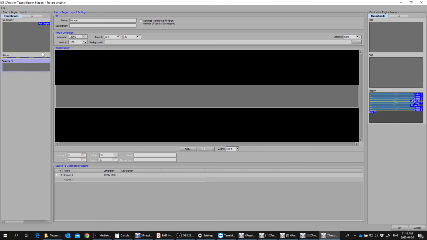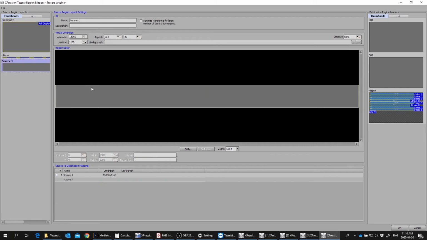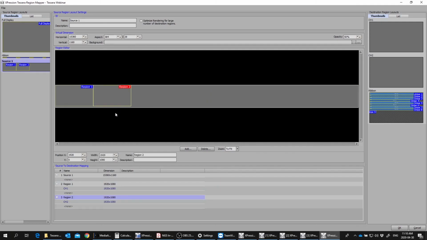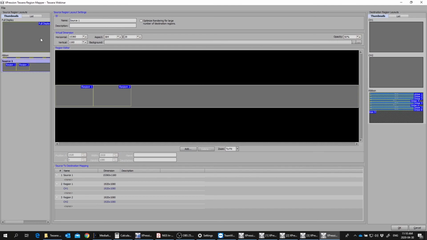Okay. And we're just going to go ahead and copy these regions. So copy full display left and paste. Copy full display right, paste. And notice how they're actually positioning themselves at 0, 0, right? Because that's where they were positioned. And our coordinate system in the region mapper is 0 based in the upper left-hand corner. So copy and pasting these regions from source to source will put them in the same relative position, even if the source you've built is much wider in this case, right? So very handy. So we're going to go ahead and start copying.